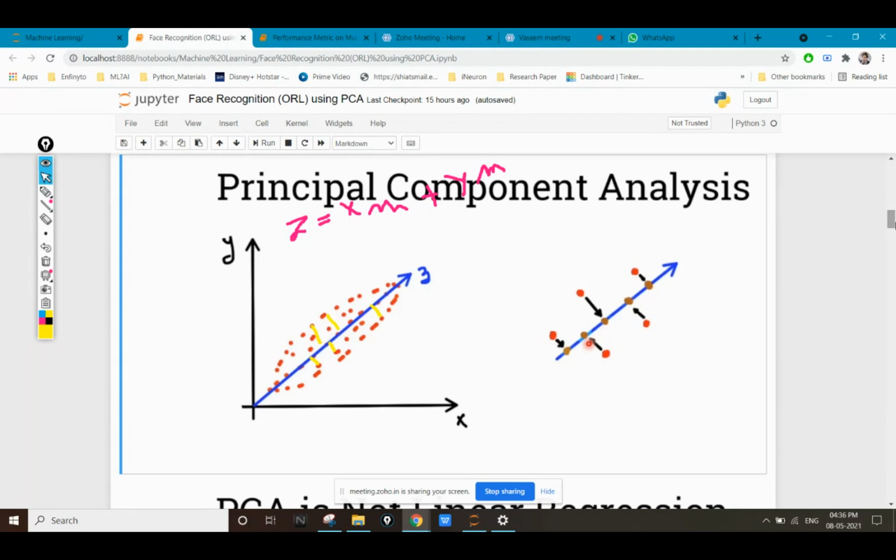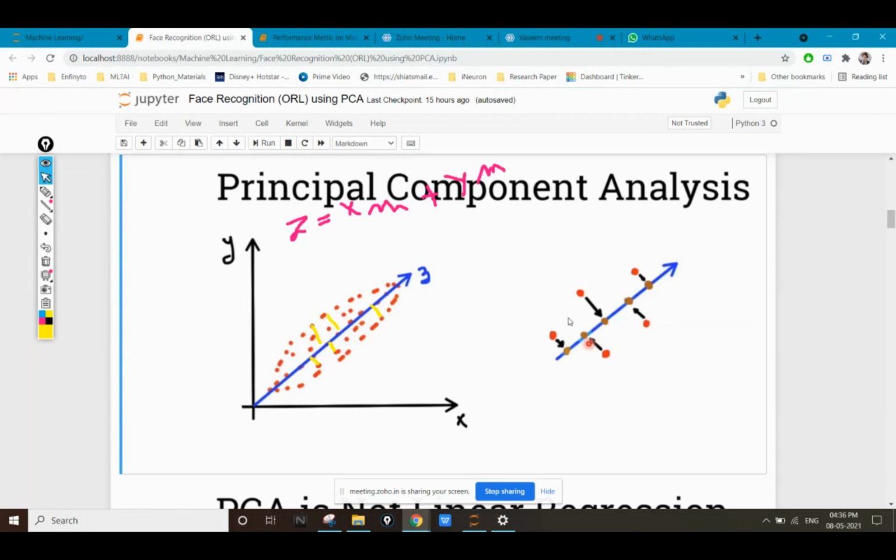By considering the variation on the z-axis. What I mean by variation is how much distance these points are plotted apart on the z-axis. The distance is going to give me the information, because all the information is stored in distance. So I'm going to see how much distance all these points are plotted from each other.